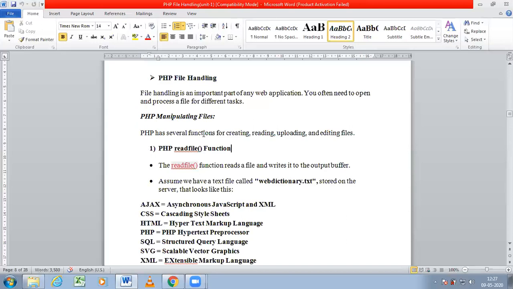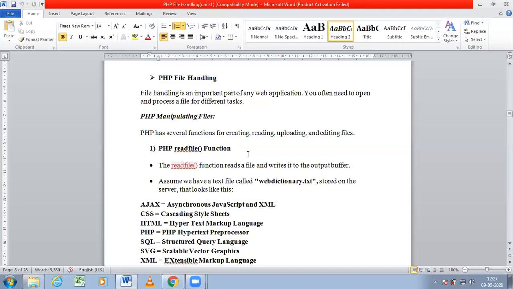These functions we have already learned in C language for working with files. Here the same functions are used: for opening a file, closing a file, and reading the contents of a file. So we will just recall all those functions.